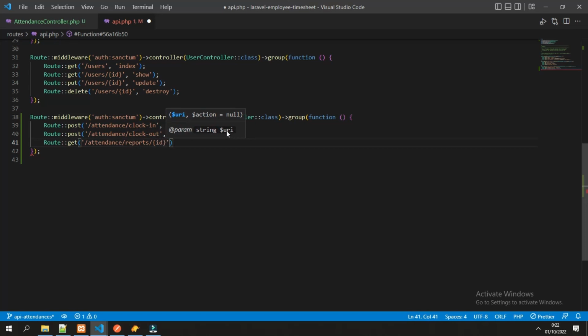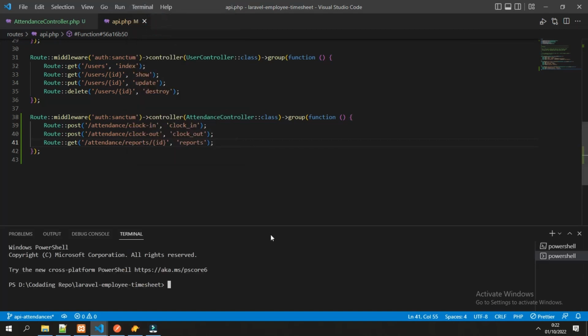ID is the ID of the user, and the function name is reports. Now we can run the application.